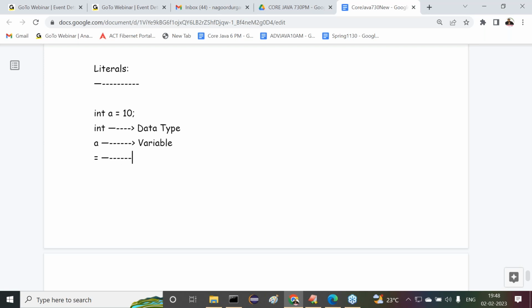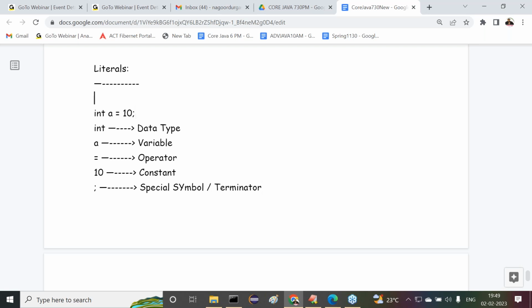Equal is an operator. Then 10. 10 is a constant. Semicolon is a special symbol, or in Java we can call it a terminator. These are overall the elements we have in this particular instruction.